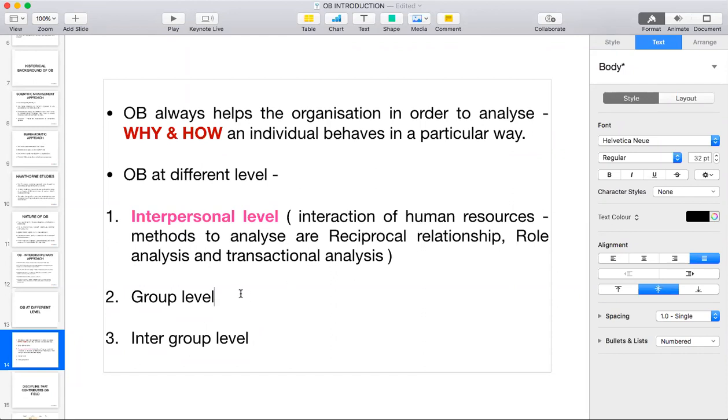The second category of interpersonal level skills would be your group level. Now at the group level, definitely we talk about group pressure, or how a particular group behaves in its norms, in its cohesion, in its goals, in its procedures, in communication, and the leadership. Okay. So when we discuss the group level analysis, it includes how a group behaves